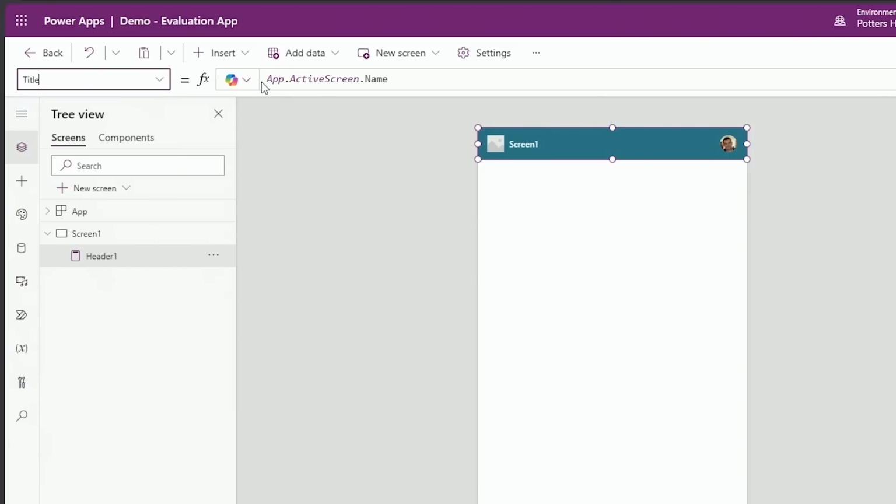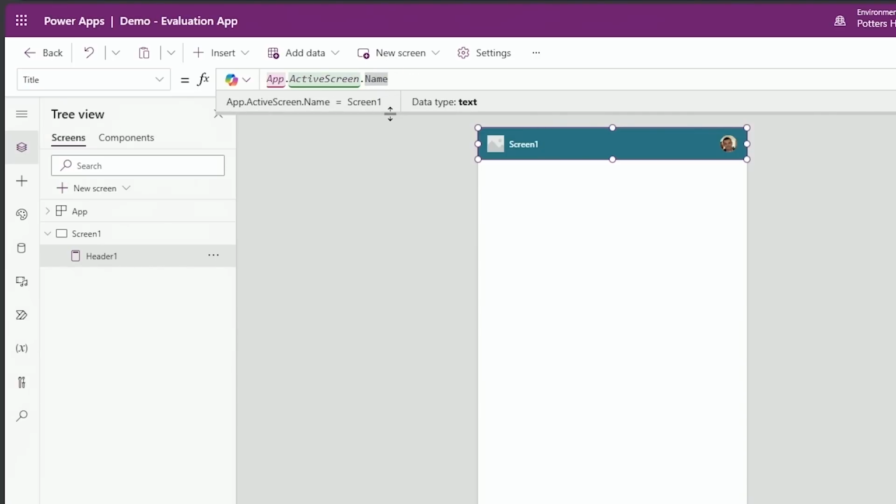That is now referencing the words Screen 1. So we can see here the title is equal to, and then in our formula bar, our app active screen name. Whichever screen we're clicked on, the name of that screen is what's going to show up right here. In fact, to see how dynamic this is and how great it is,